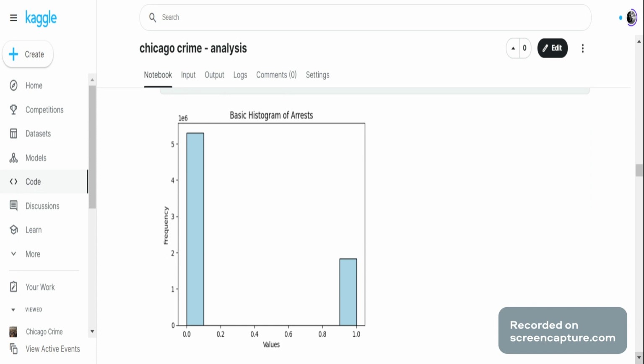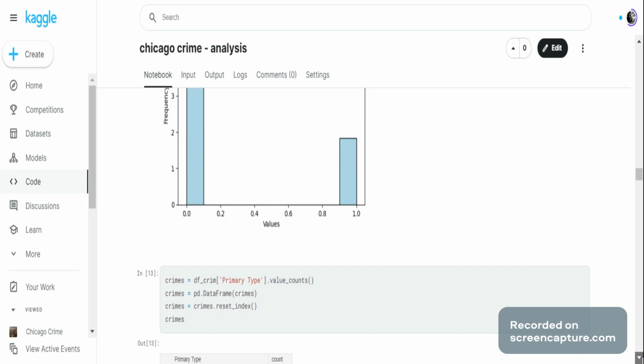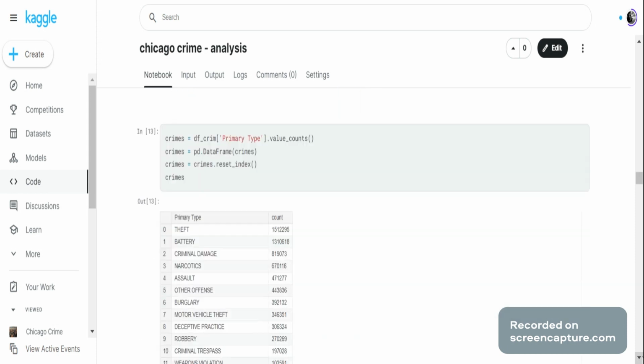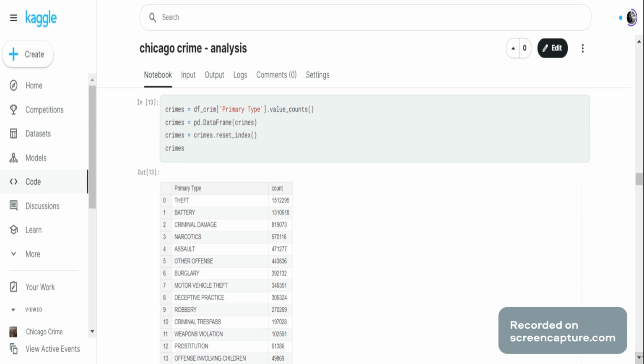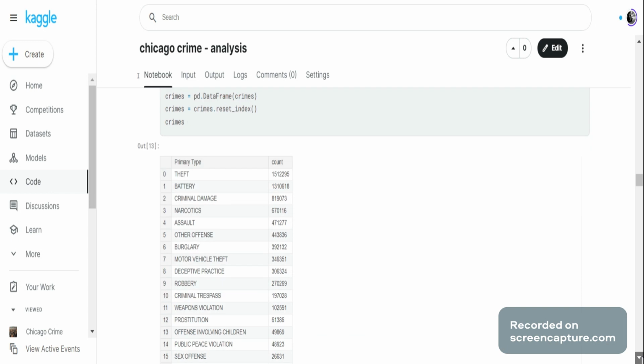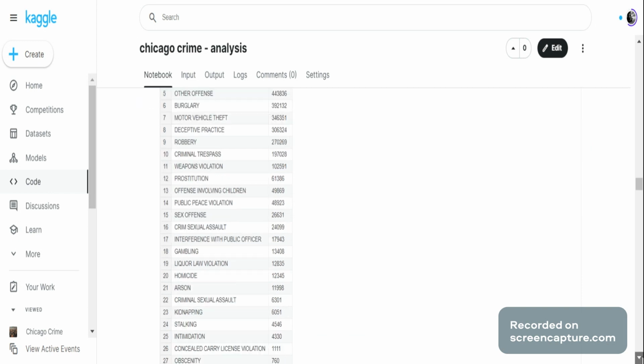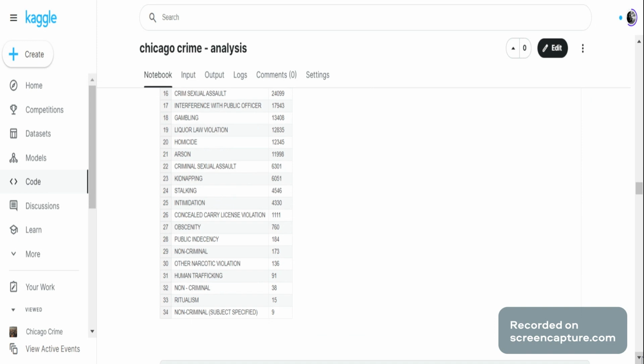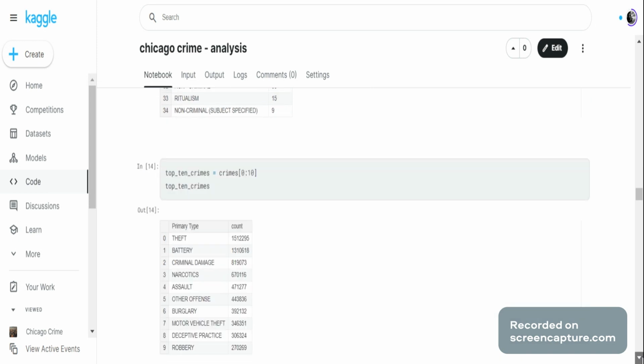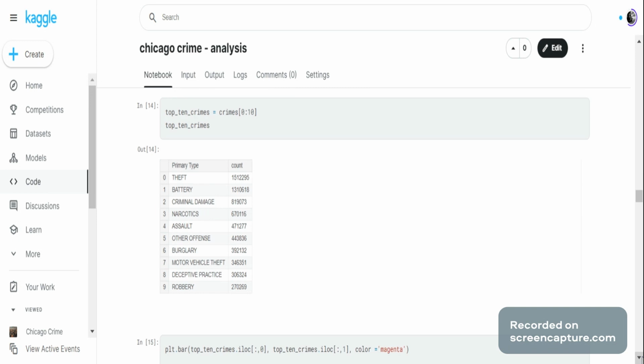A lot fewer arrests are made than are not made, and you can see that. So that's an imbalanced data set. Now we're going to do a value counts of the type of crimes that are committed in Chicago. You can see that there are 35 types of crimes, but we're only going to go for the top 10